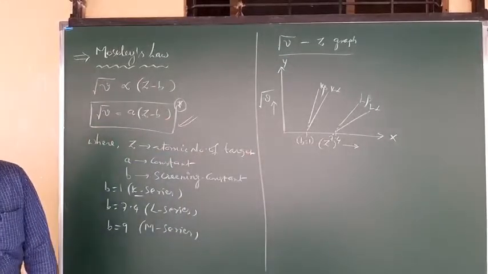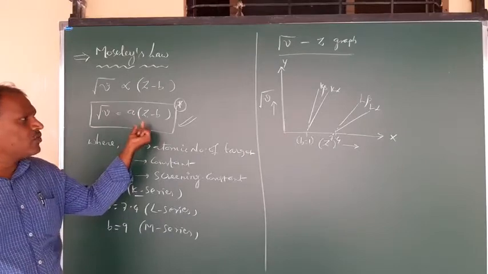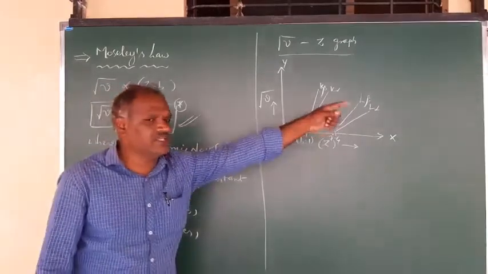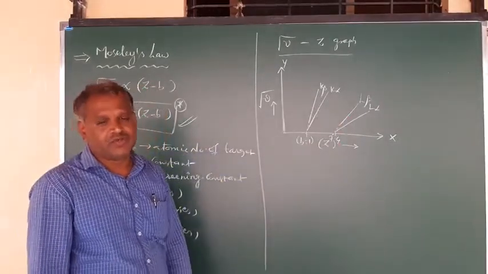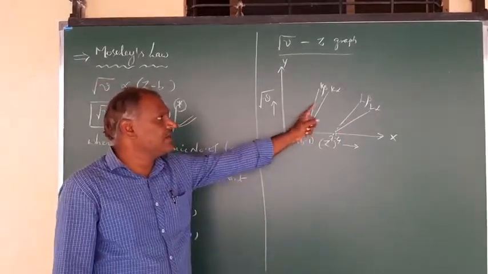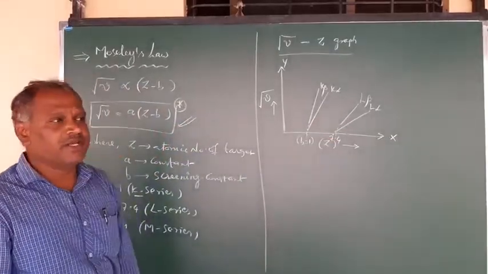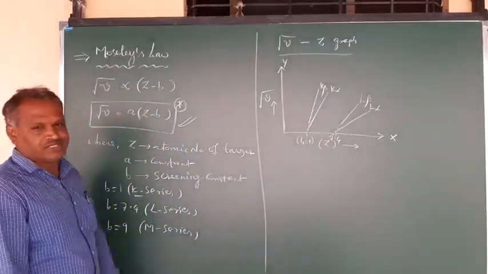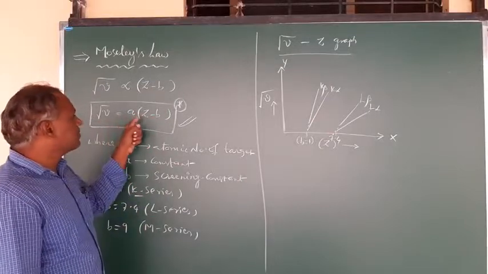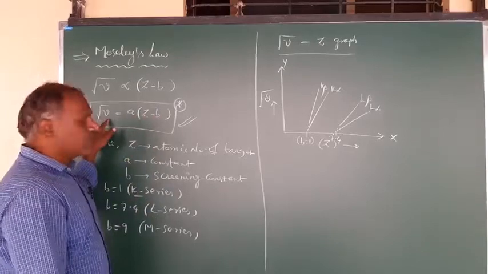Right. Now you can compare this value, or what is the wavelength in any one of these series that we can calculate. What is the wavelength or what is the frequency which is produced during this K alpha or K beta or L alpha or L beta by using this equation. When you square both sides, then frequency is equal to S square into Z minus B whole square. So frequency value you can determine, right?